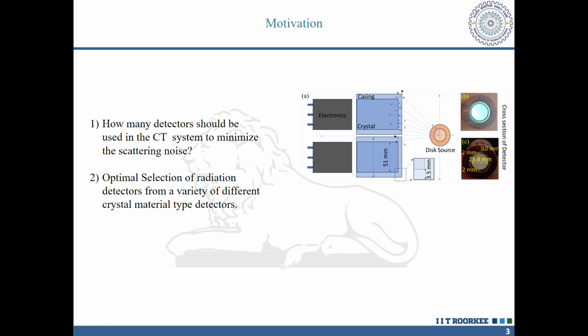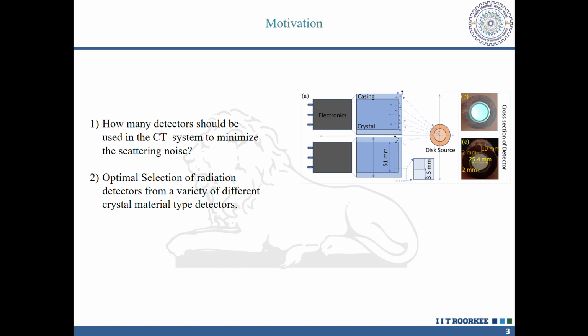In computed tomography, one may use as many detectors as the user wants, but limited by CT geometry. The number of detectors decides the resolution of the CT system, but the presence of a neighbor detector may impact the measurement data due to the scattering of photons from it. So in this work, we study the impact of adjacent detectors on scattering noise in the measurement data and also